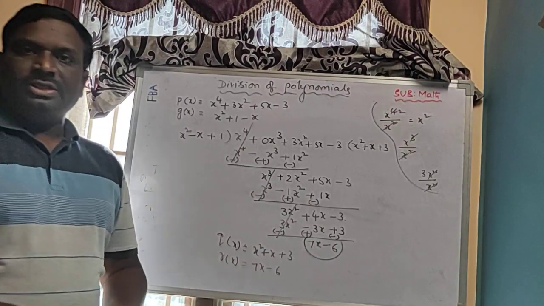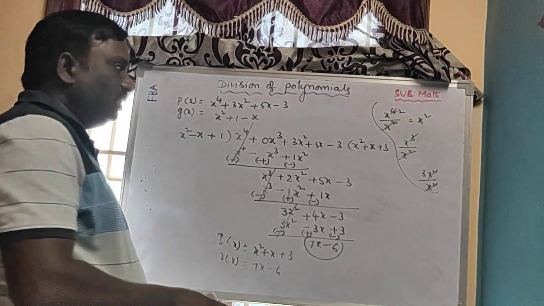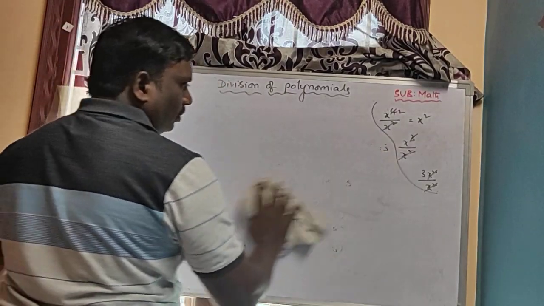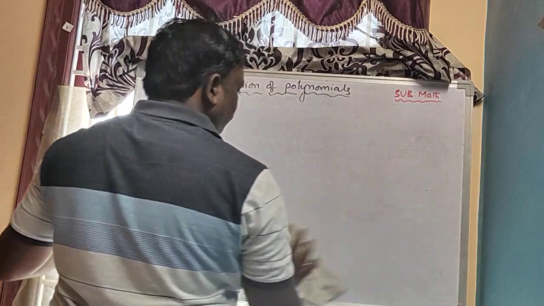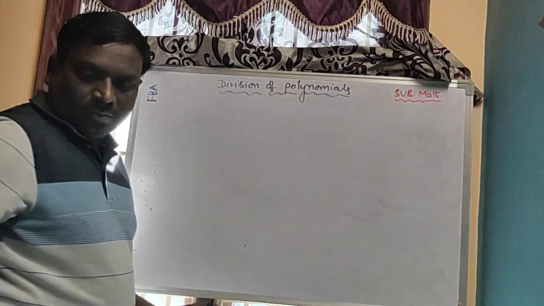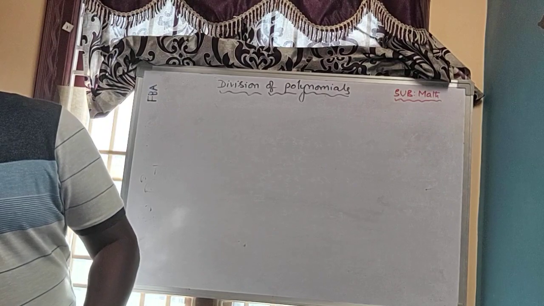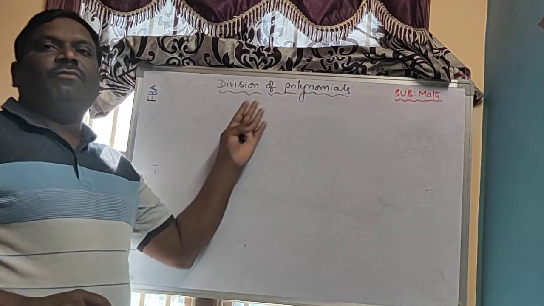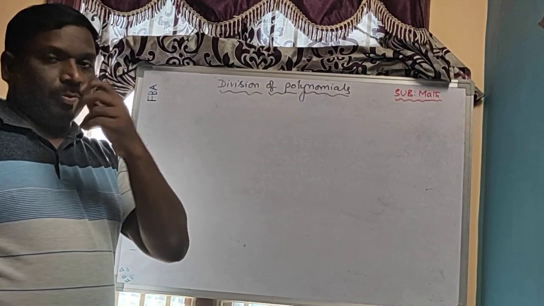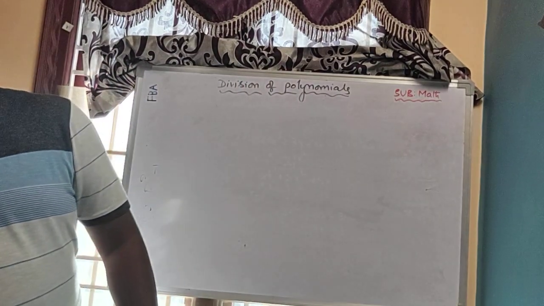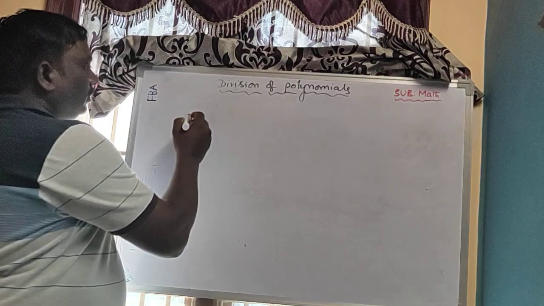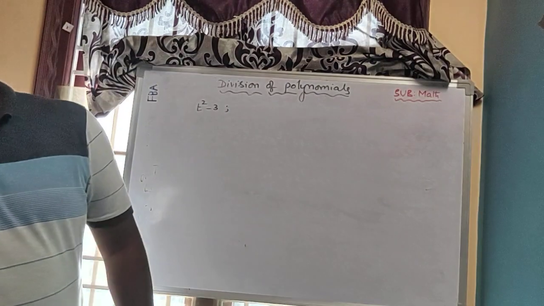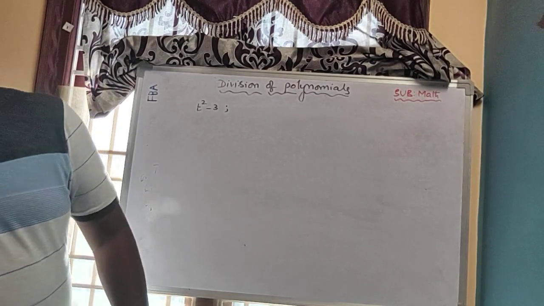So let us take one more example, to see whether it is a factor or not. Now I am taking one more example question from the textbook. Second question: check whether the first polynomial is a factor of the second polynomial or not. Two polynomials they give. The first polynomial is t square minus 3. And the second polynomial is 2t power 4